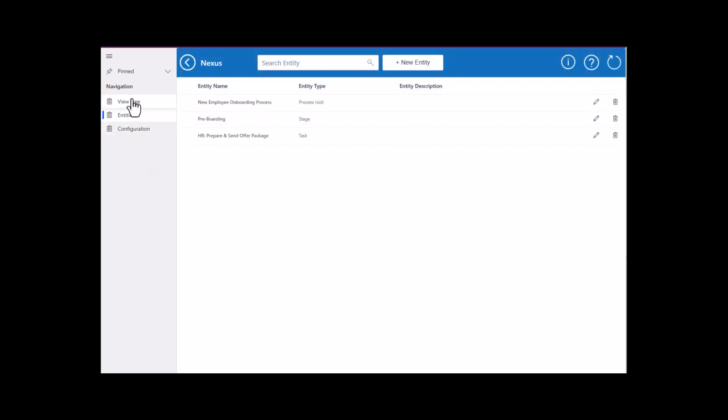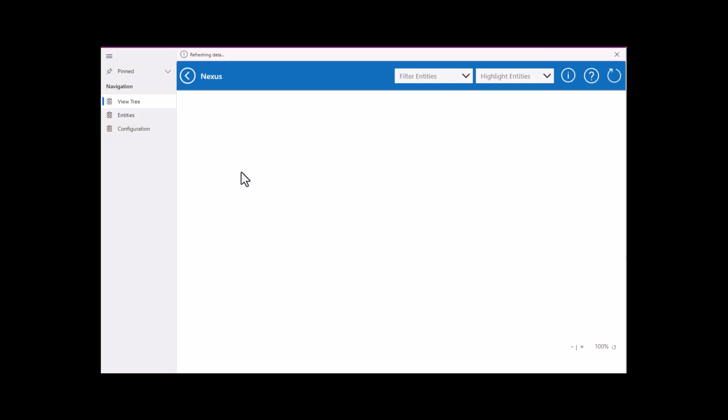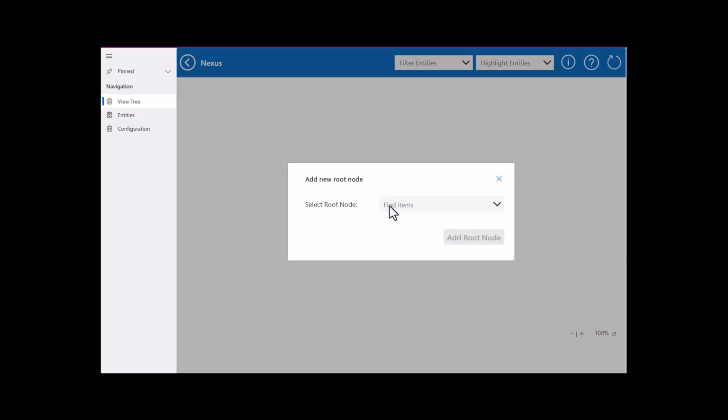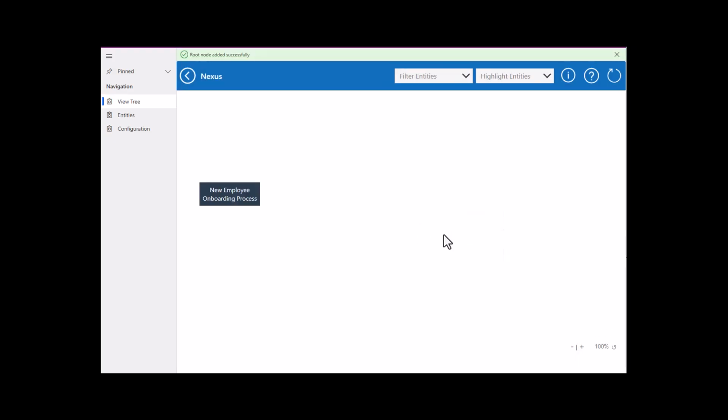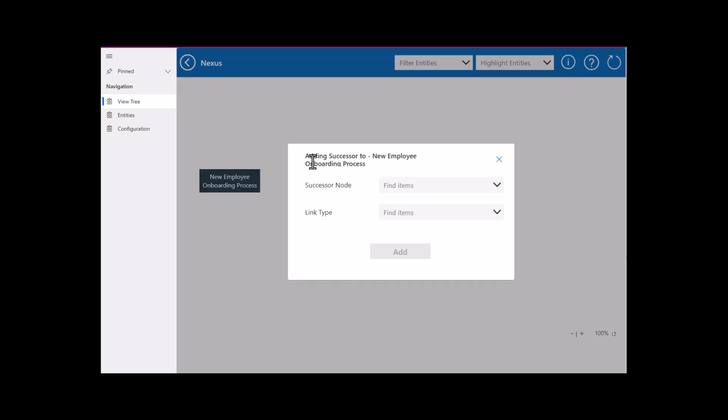Once you have created your entities, you can bring your process to life. Start by adding a root node to your canvas, then intuitively build out your map by adding successor nodes. Whether it's a stage in our new employee onboarding process, a specific task, or a critical decision point, Nexus makes